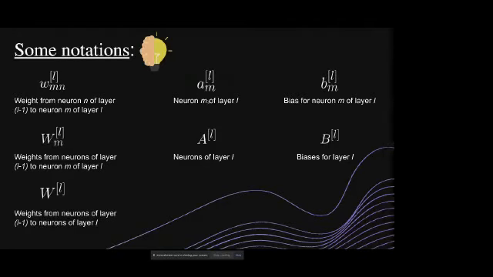This would be the neuron of that layer. This is just the mth neuron of that layer. This would be the bias for that layer. Now we're talking about single neurons here. When we talk about all the layers, we use matrices and vectorized equations, which I'll also be coming to at a later point in this webinar. So I'll give you 5 seconds to absorb all these notations and write them down, and then we'll proceed forward.